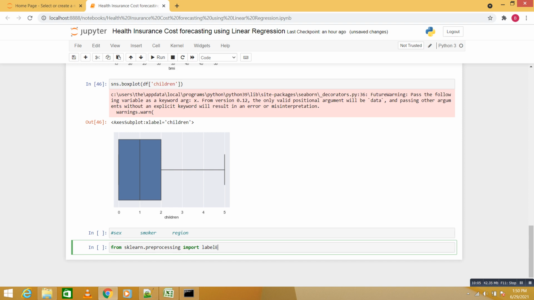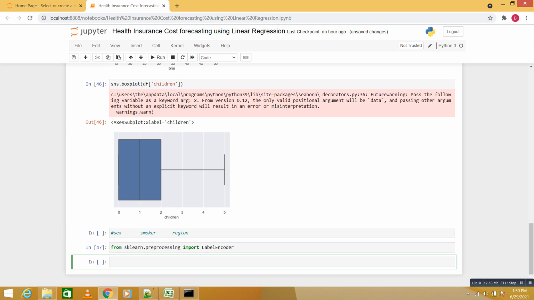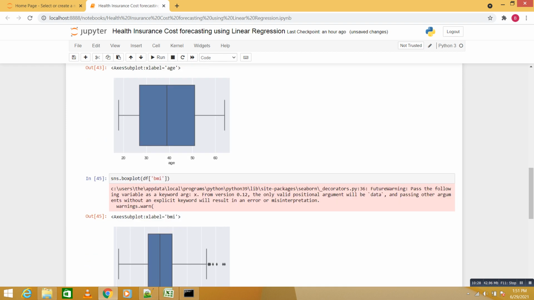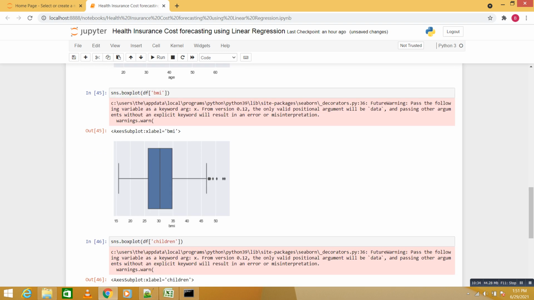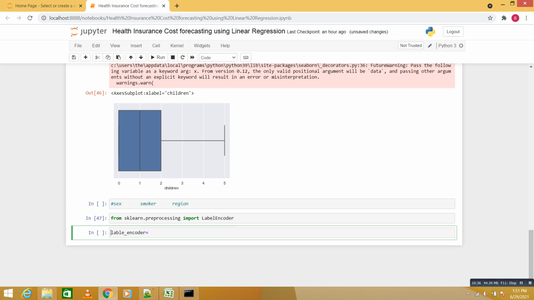So we have imported the library of label encoder. Now we have to encode the data. Let's consider we have to encode the sex column, so we assign the encoded values to data.sex.